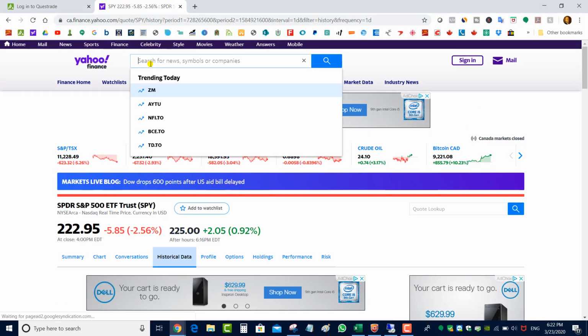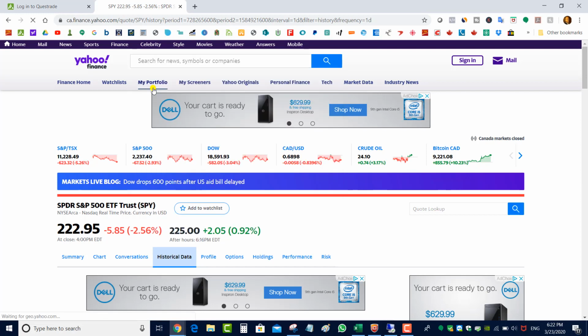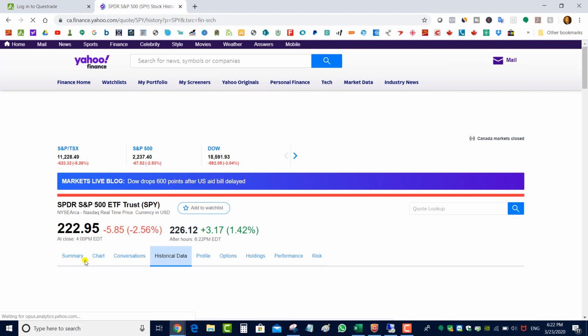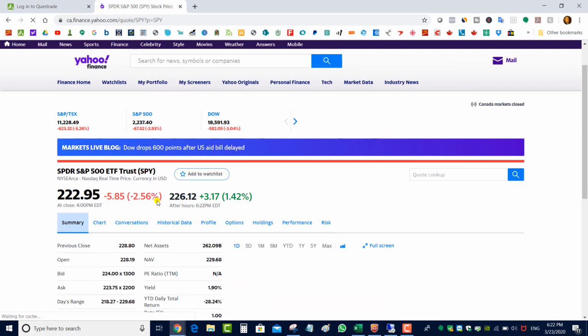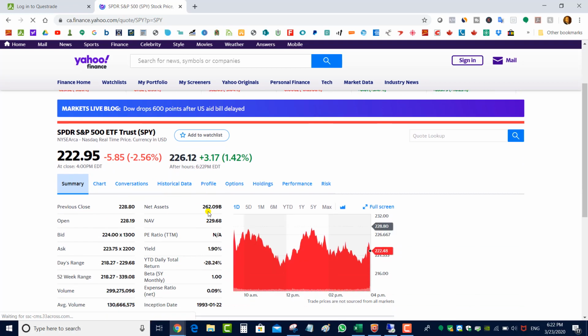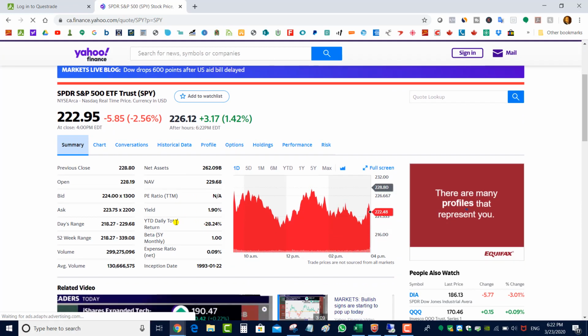If we look at the SPY today, looking up SPY, go to summary. Man, it's crazy. The market's coming back up. It's really ridiculous. All right. So today, SPY opened at 228. All right. So that means that there was, according to